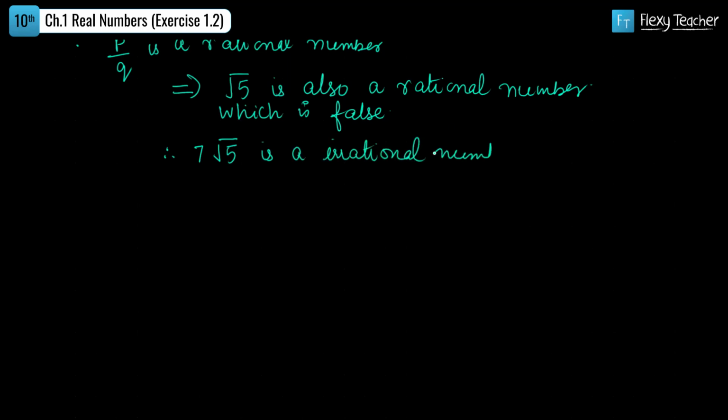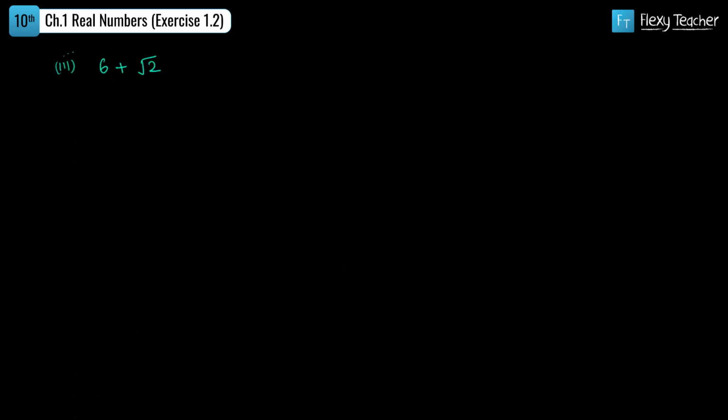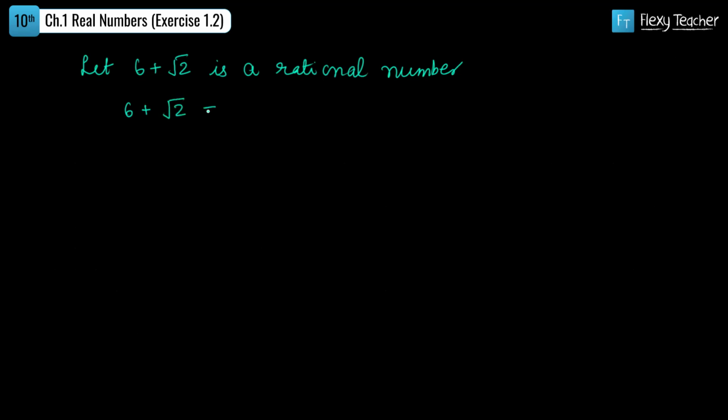Sum number 3, 6 plus under root 2 is irrational करना है. So we will start with the assumption that let 6 plus under root 2 be a rational number. So like every other rational number, this can be expressed as P upon Q. So 6 plus under root 2 is equal to P upon Q. Okay. And root 2 is equal to P upon Q